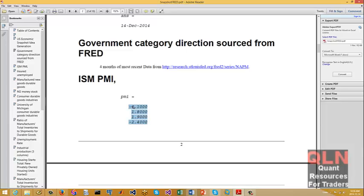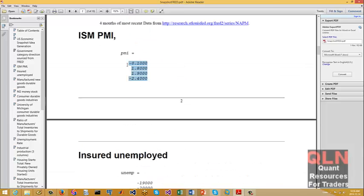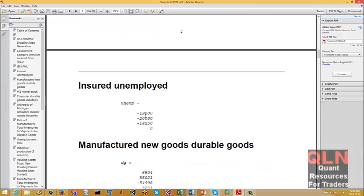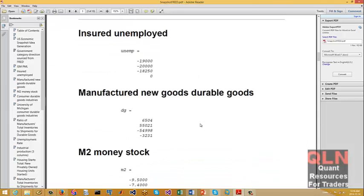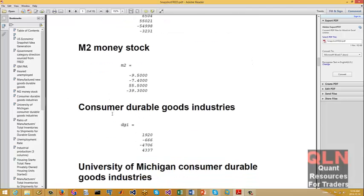First thing I display is the data for the last 4 months. Now, I also do show a full chart of each one. And if you're only interested in the last 4 months, which would make sense, what do you care about beyond 4 months, right? So I get the ISM PMI, insured unemployed, manufacturing new goods, durable goods, money stock M2, consumer